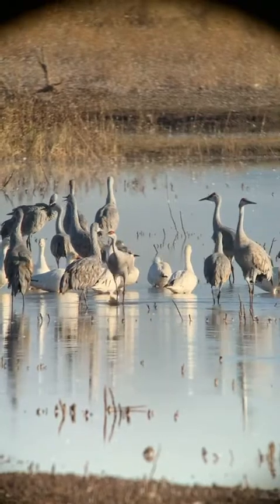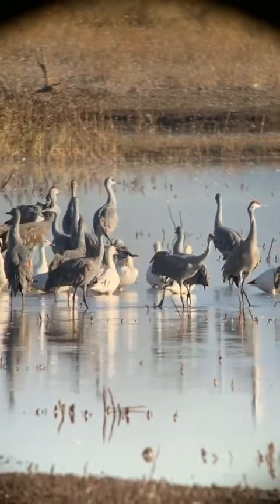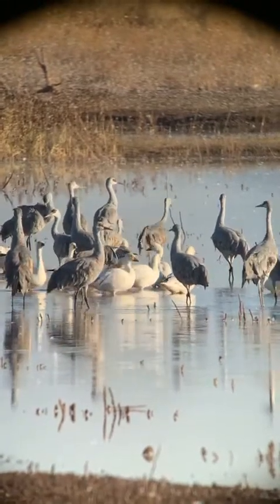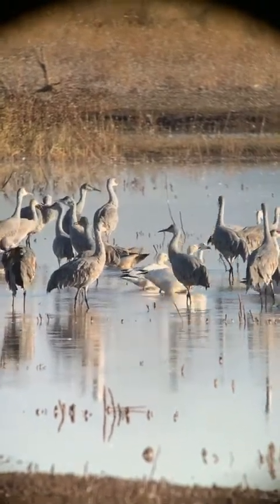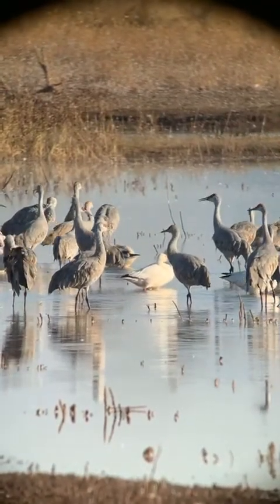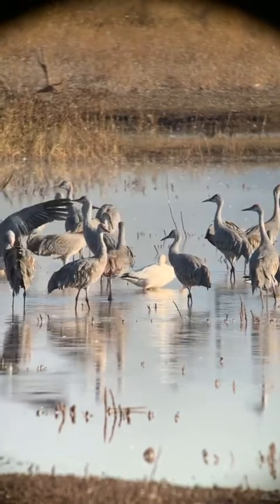And we are looking at the massive flock of cranes that we have out here. I've counted probably close to 1,000, but I'm sure there's more than that. We've been taking a lot of video. 1,001. Oh, 1,001. Thanks, Jessica. Okay, gotta correct me. So anyways, we're looking at Sandhill cranes in this shot right here, but also you might